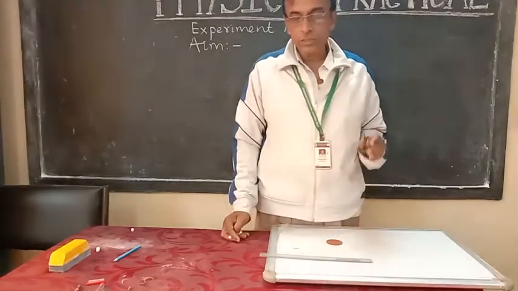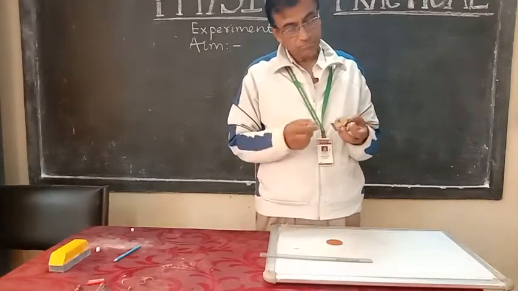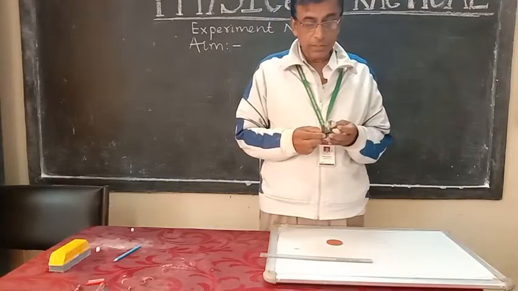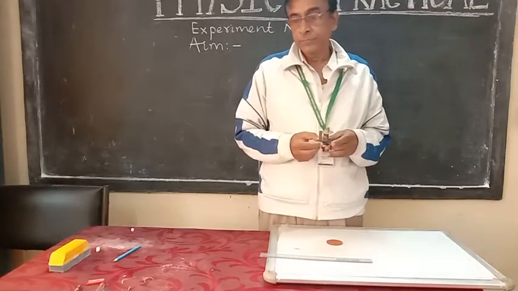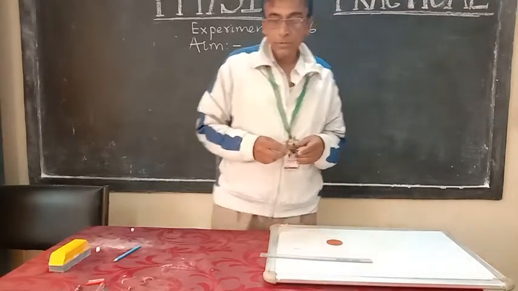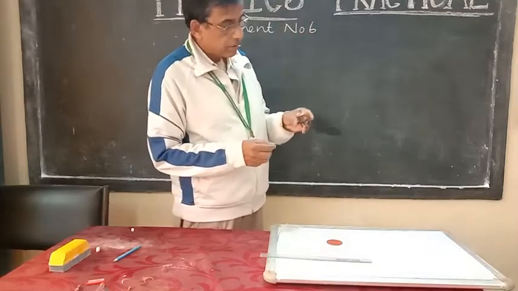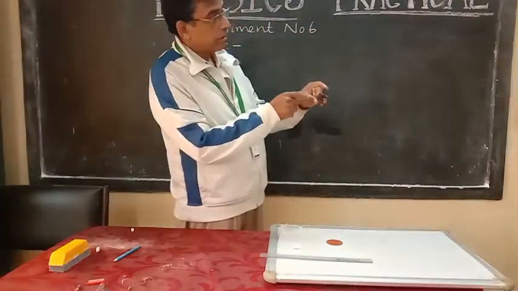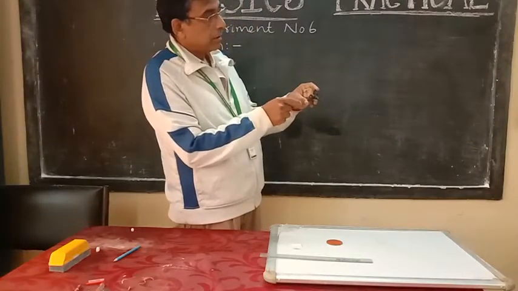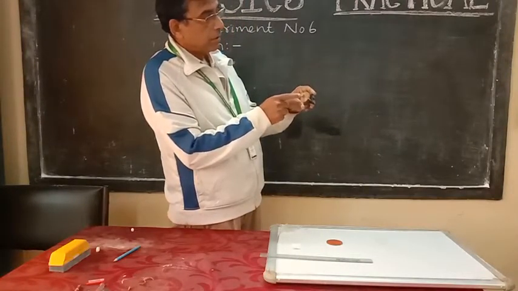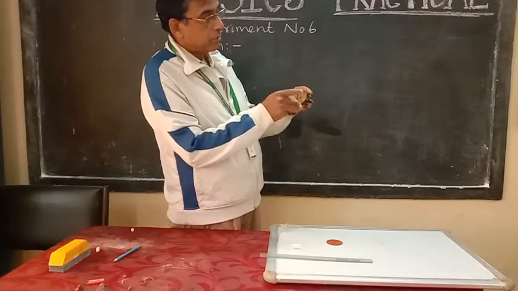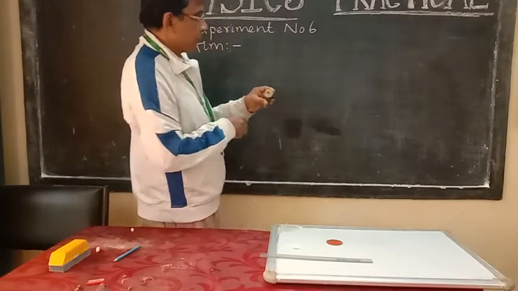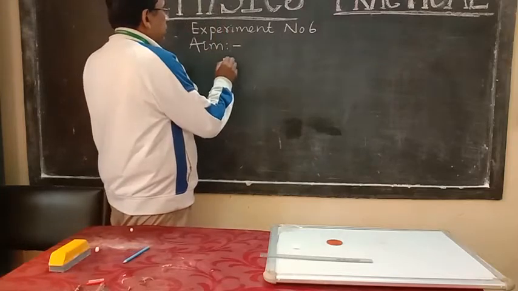Then first, you know that in your screw gauge or micrometer you have already found out the least count. So now let us find out what the least count is here. On the circular disc you are finding a total of 100 readings, 0 to 100. So what is the least count?